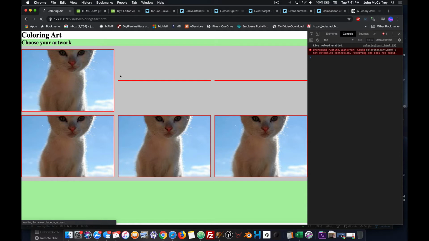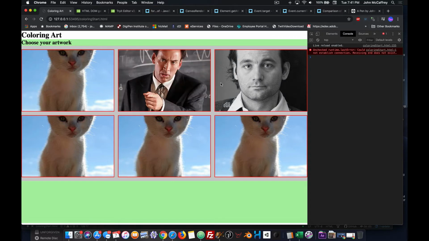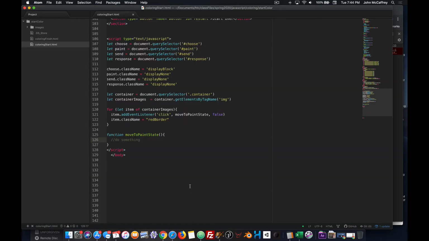Now I'm having an issue trying to download these different pictures because the pictures are coming from online sources, and PlaceCage and Phil Murray are sometimes slow. PlaceKitten works better. Back in our code, now what we want to do is I want to say